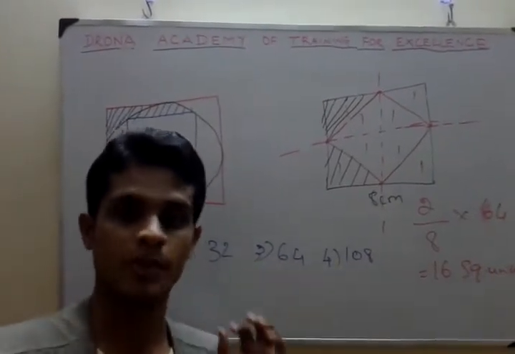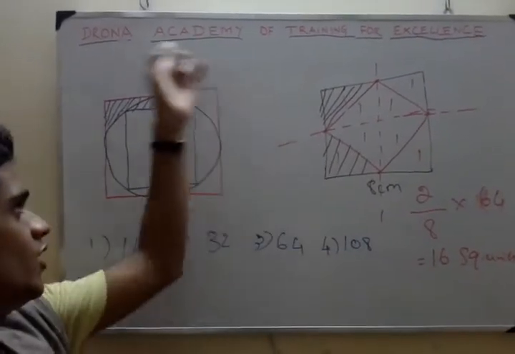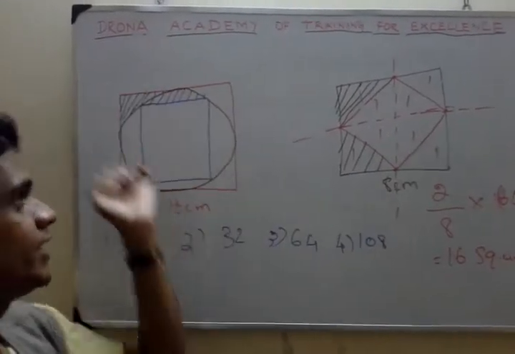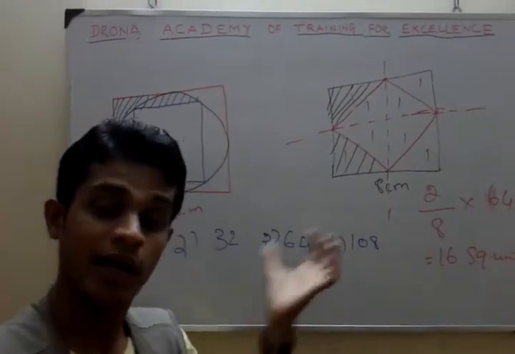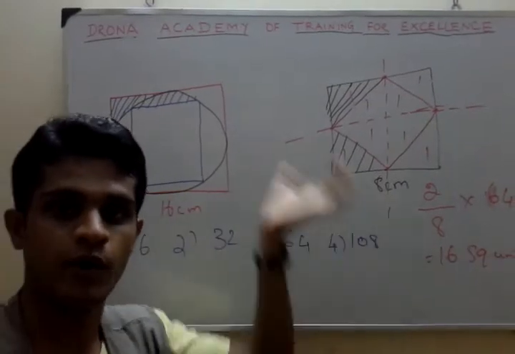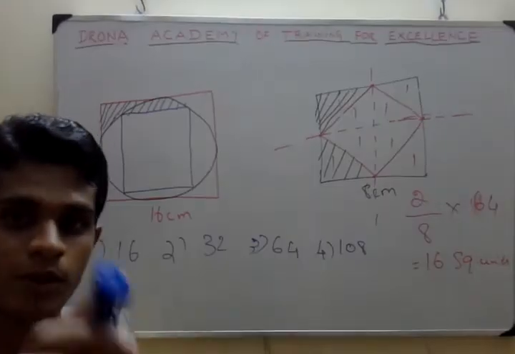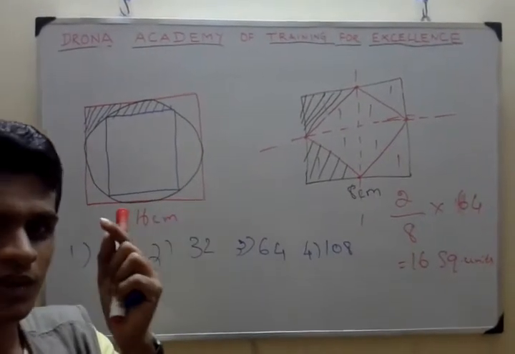Now how do I solve the question? If I solve the question in the normal way, first of all I have to find out the area of the outer square, for which you have data. Again I have to find out the area of the circle and the area of the inner square. I am 100% sure that anybody can solve the question, because we know the formula for all the shapes, so we can apply the formula and get the answer. But the very important point to be noted is that the calculation is a bit tedious.